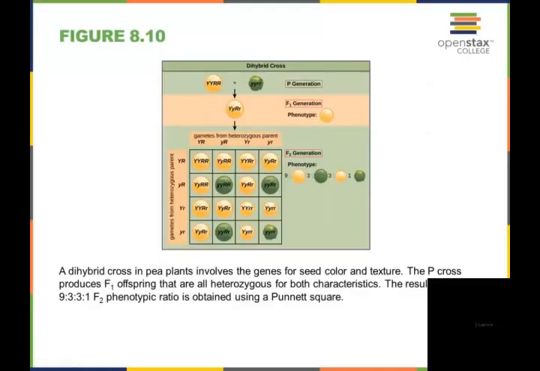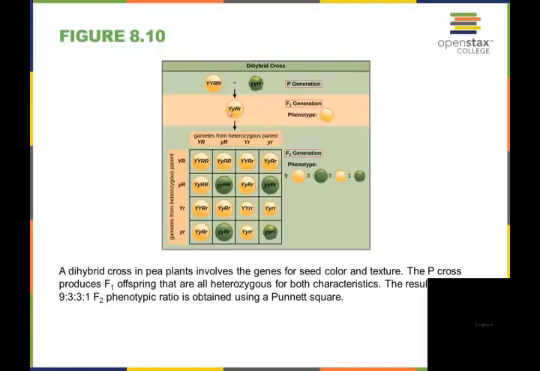So this can be done looking at more than one trait, and we call this a dihybrid cross when you do more than one trait. They do have to be on separate chromosomes for this to work. So here you've got one that's yellow and round. Round is dominant. Here you've got one that's green and wrinkled. Wrinkled is recessive. So when you cross these P generations here, what you're going to get is the F1 generation